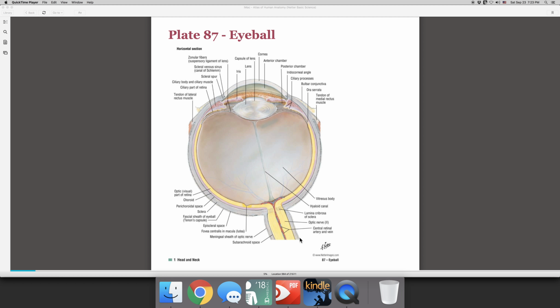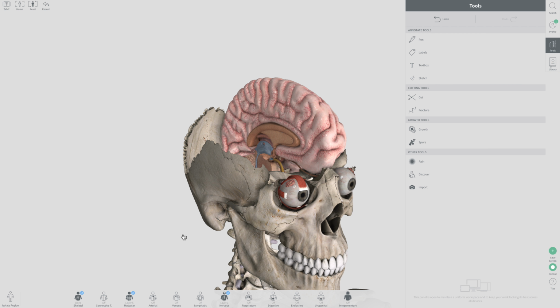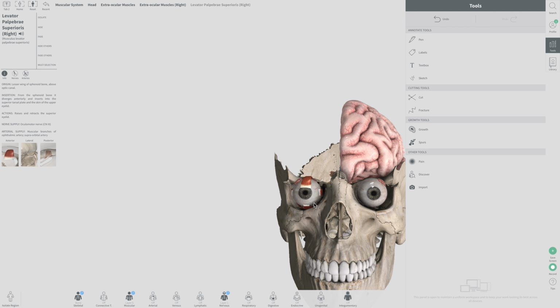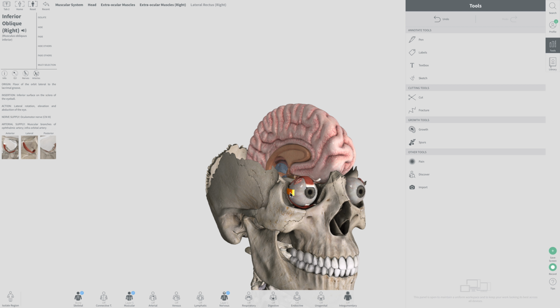Okay, so let's look at what else is connected to this. We talked about this on the phone, but let's talk about what else is here. All right, so, creepy picture of a skull and some eyeballs. Enjoy that. So you have a muscle here, a muscle here, a bunch of muscles here, and another muscle here. As a group, they are called your extraocular muscles. Extra, outside of; ocular, eyeball. The muscles outside the eyeball, and they control the movement of your eyes.